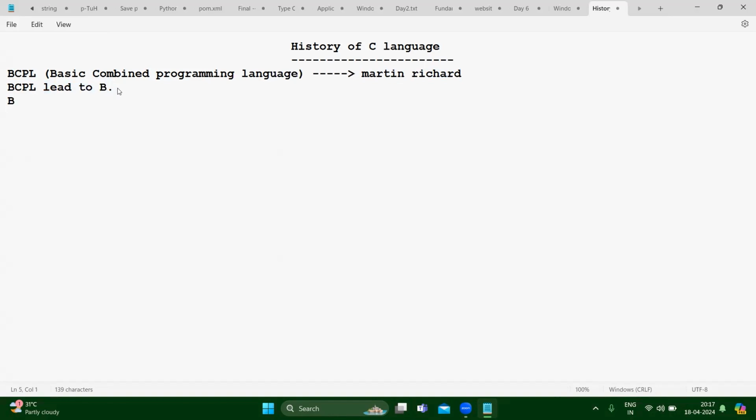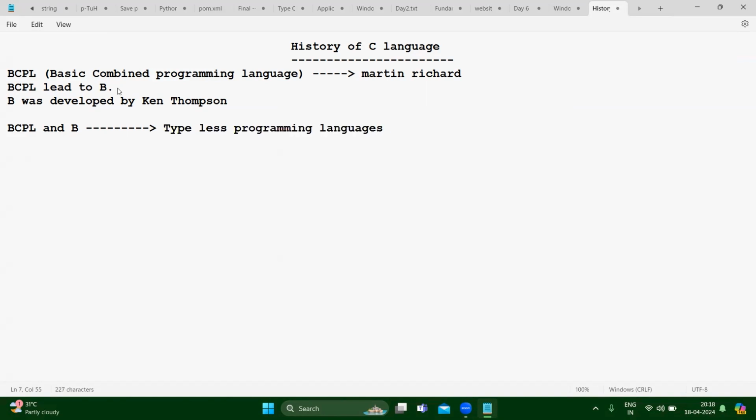B was developed by Ken Thompson. These two languages, BCPL and B, are known as typeless programming languages.